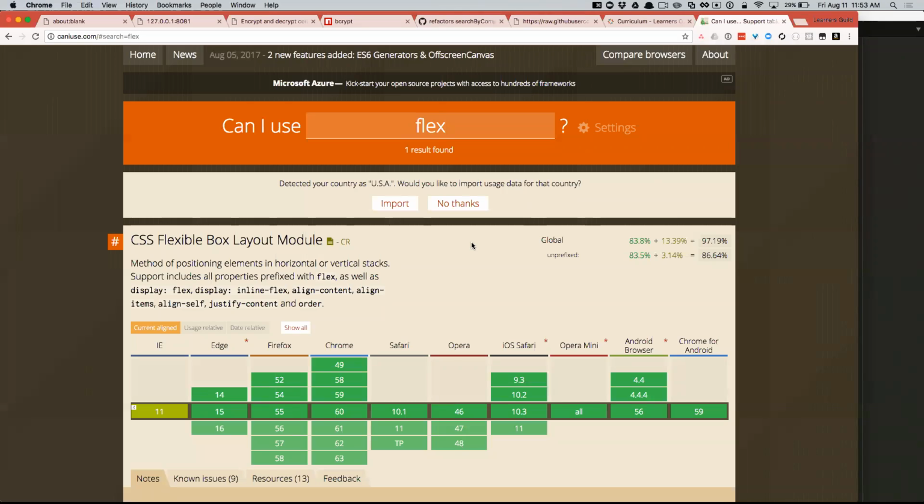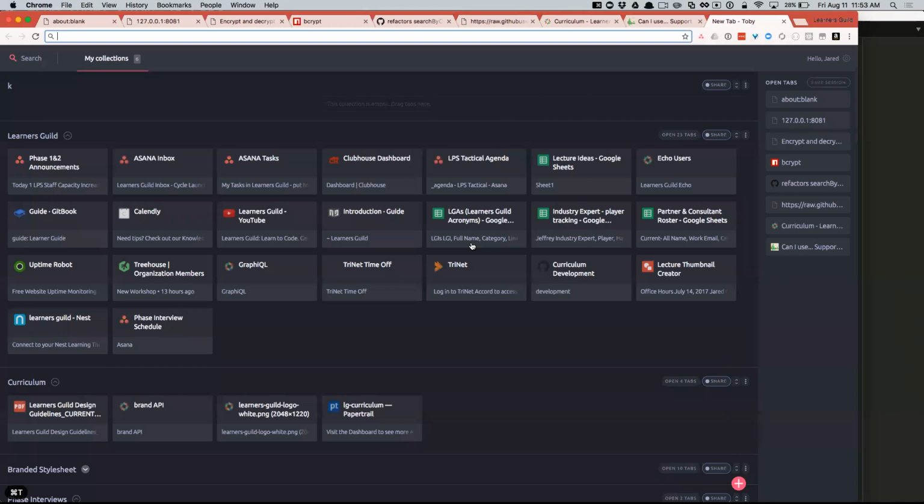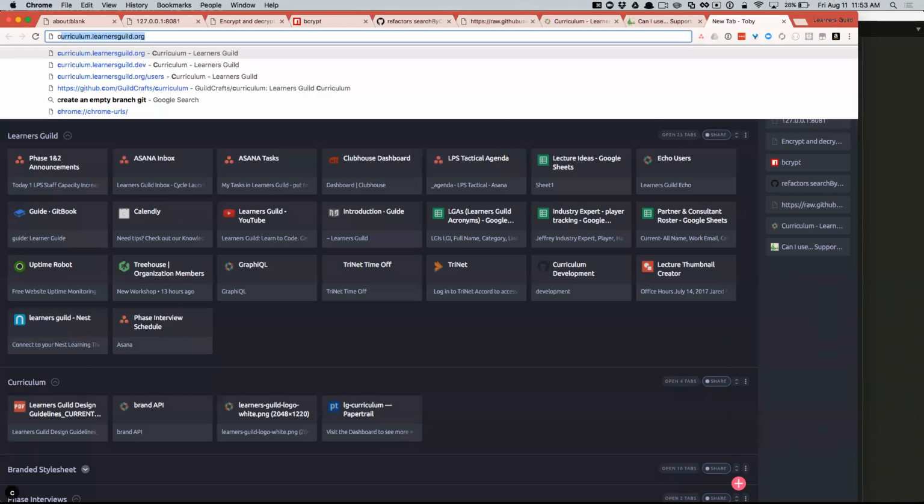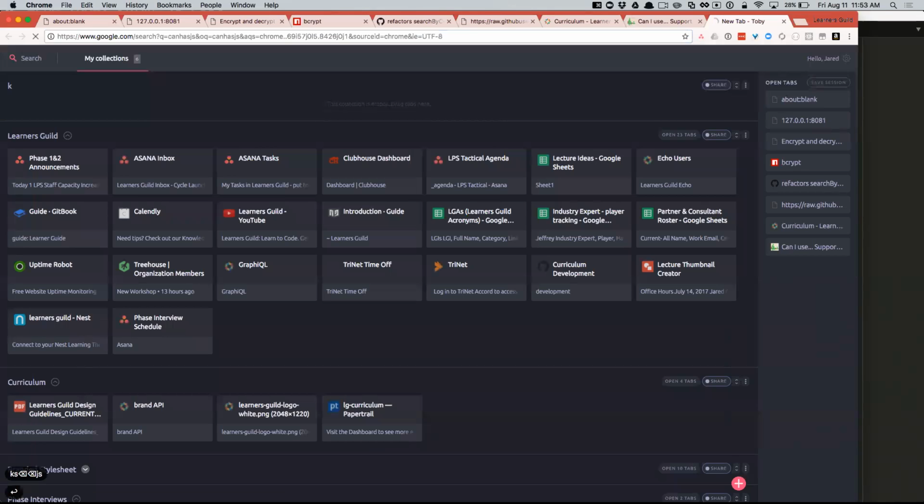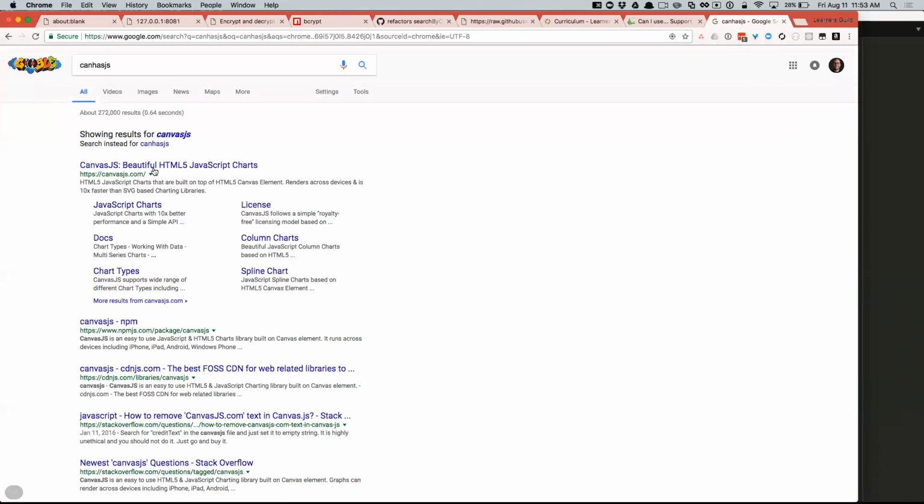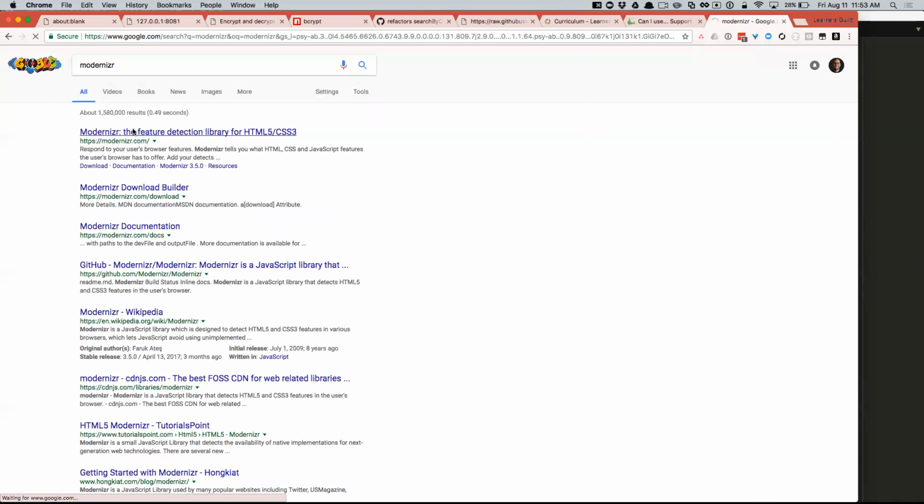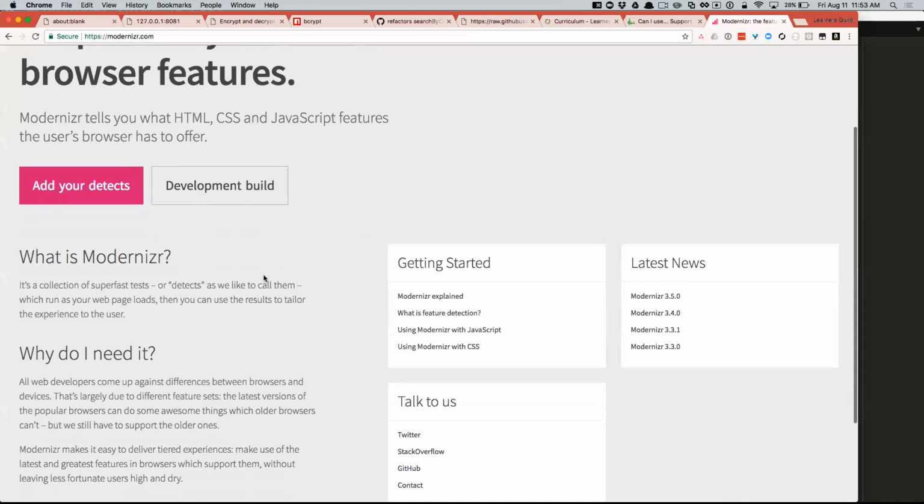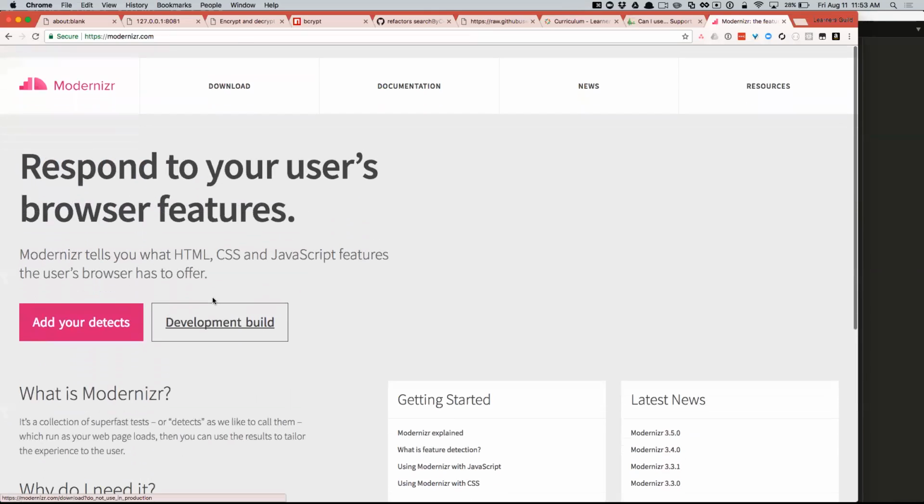So what you're talking about is feature detection. And you can do that. There are some cool things around feature detection. What is that feature detection library called? Modernizr. So this is a cool thing. I'm not sure how much we need this anymore, but